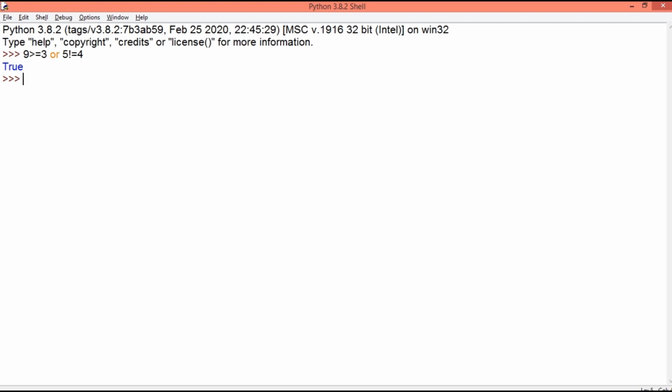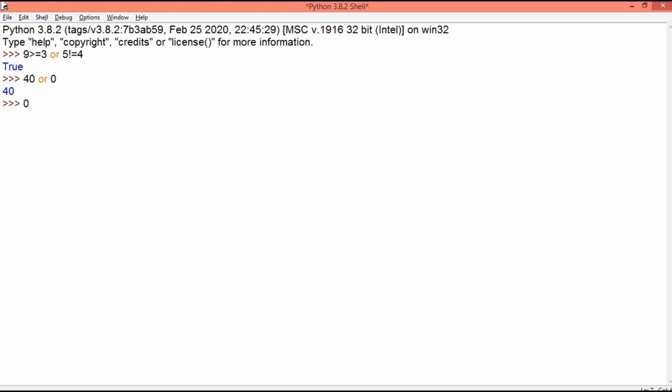OR operator can also be used on the integer values like this. So 40 represents a non-zero value. As I already mentioned, it is considered to be true, and I write 40 or 0. Because the first expression is a true value and the result of OR will be true if either of the operands is true, the answer of this expression will be 40.